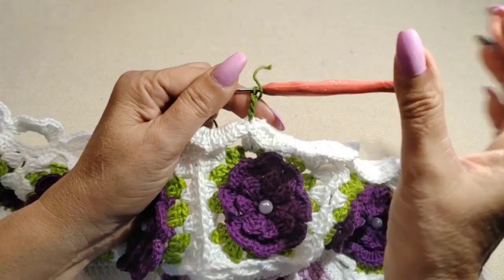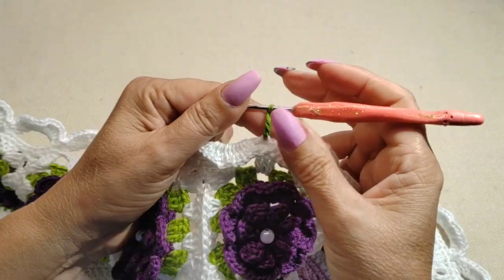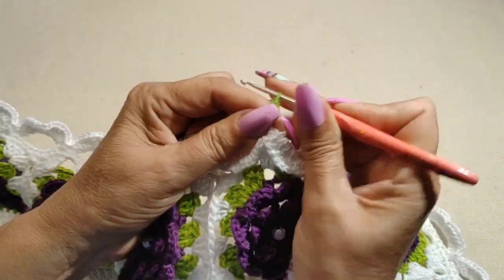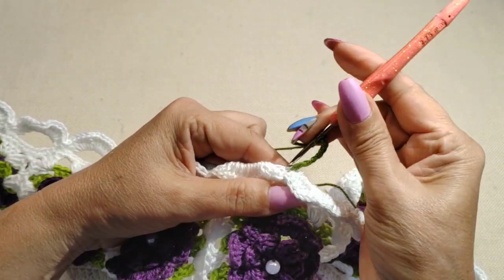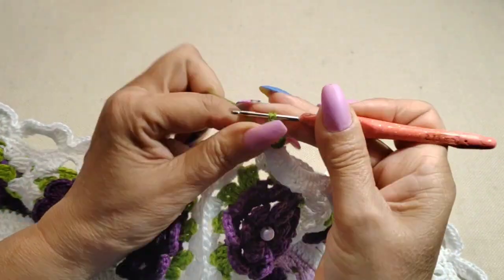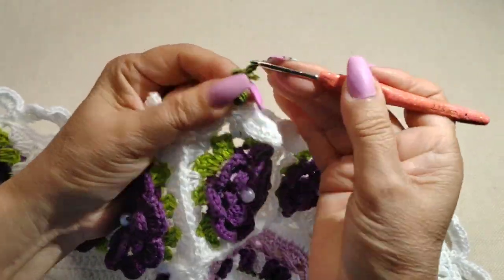Okay, everybody, so I've closed in with slip stitch after doing my front post single. On that middle single, I did a double crochet. Now I'm going to do a 5 chain. I'm coming in with a darker green. 1, 2, 3, 4, 5. We're going to create a V in order to create the flowers inside afterwards. So, I have my first V, and then I'm going to do 1,